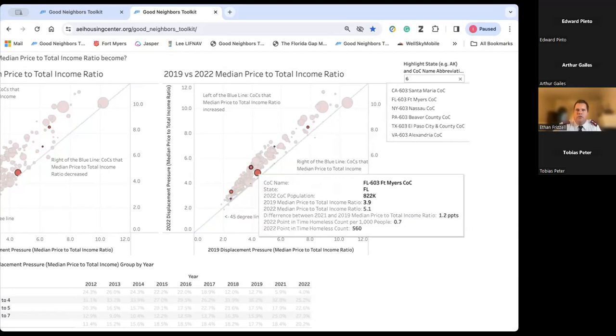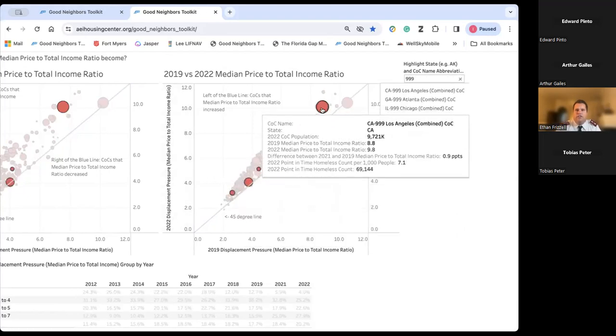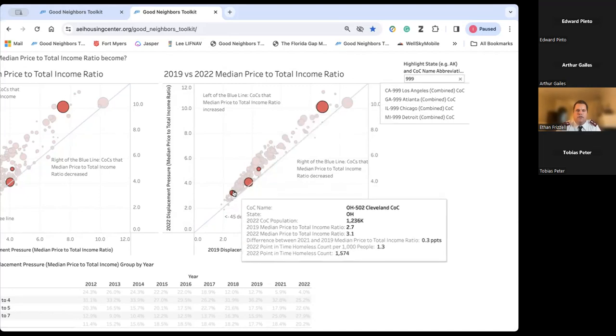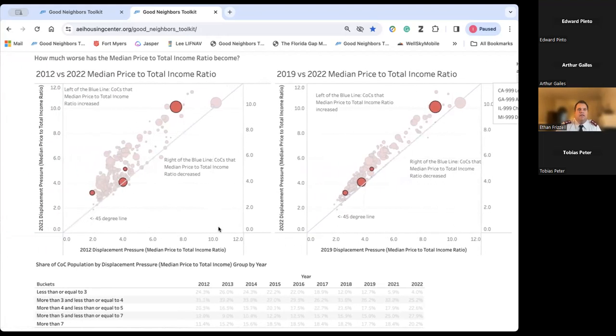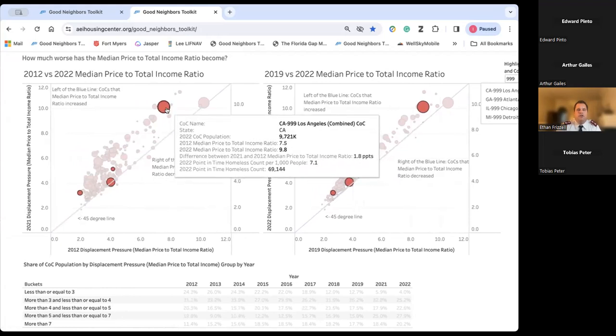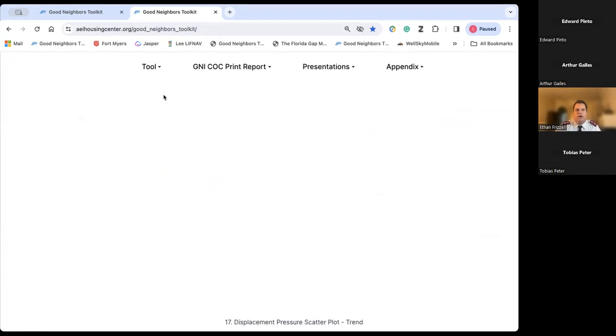If we were to do the 9s, we can see how much LA has increased in the last 3 years. We can see how much Chicago and Detroit have. Off of that, what would be, if it was equal, the 45-degree line. And so we can see that they've had increases in the median price to total income. But if you look at over 12 years, look at LA. And so when communities are facing issues,